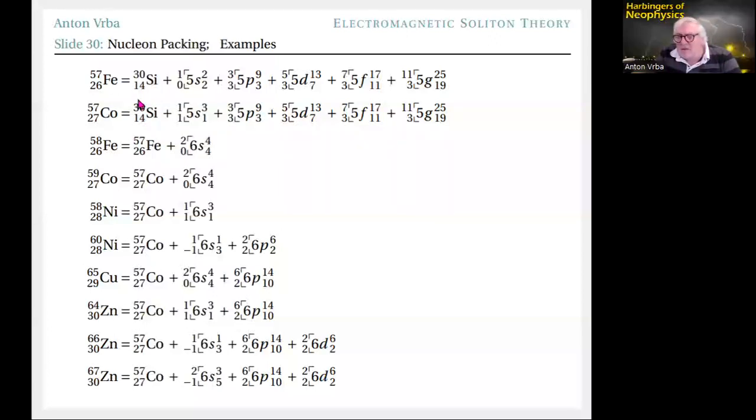So, cobalt 57. Why I have cobalt 57 in here is because that is carried forward in all subsequent elements and their isotopes going on forward. Now, nickel 60 28 is the most, what would it be, the highest